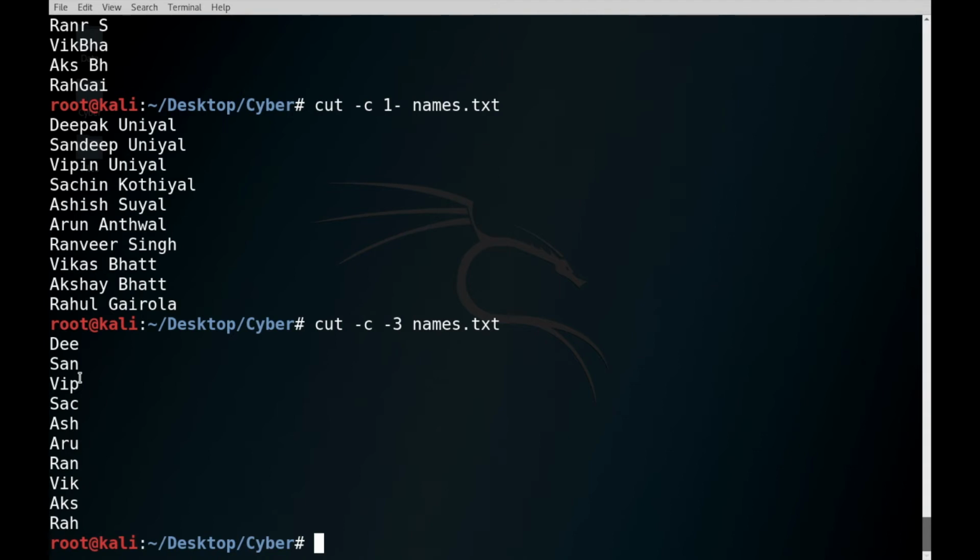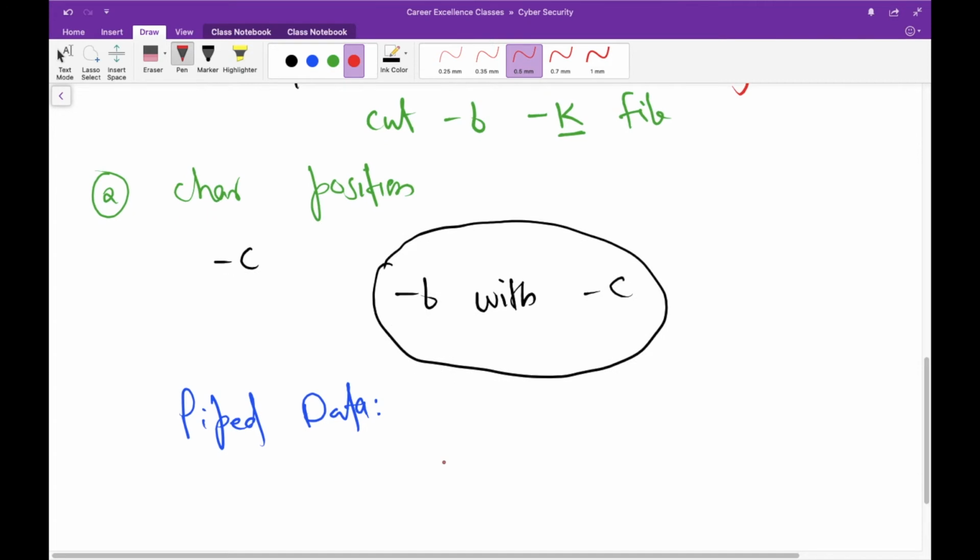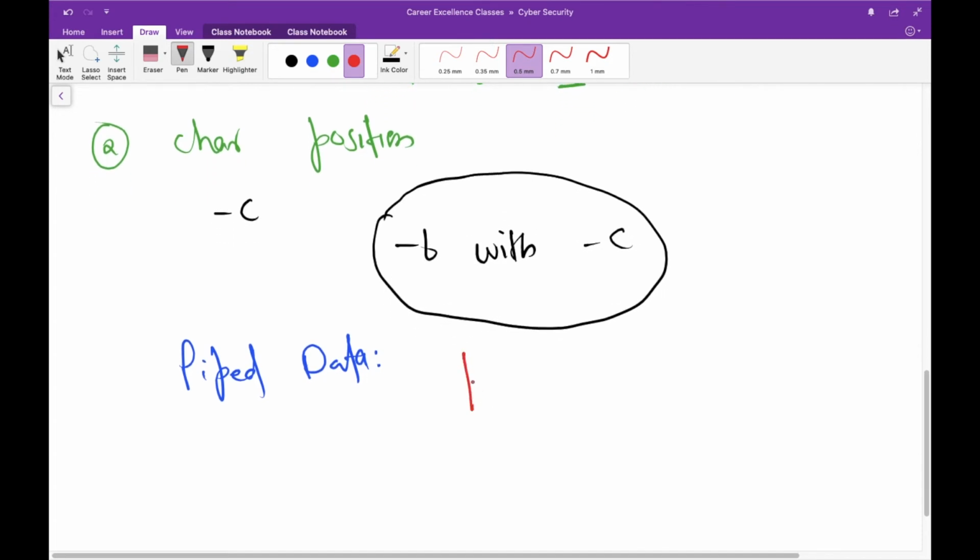Okay. So now come to one more thing that we said in the beginning of this tutorial, that it can also operate on pipe data. So what does that mean? Let's discuss that first. You must have seen a symbol like this, right? It is called a pipe, and it is used to run two commands consecutively. That makes it a very powerful feature. In our case, you can use it in the following way.